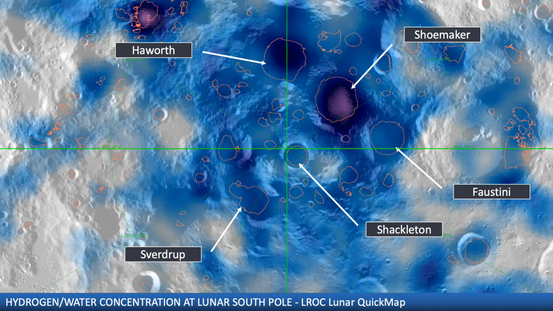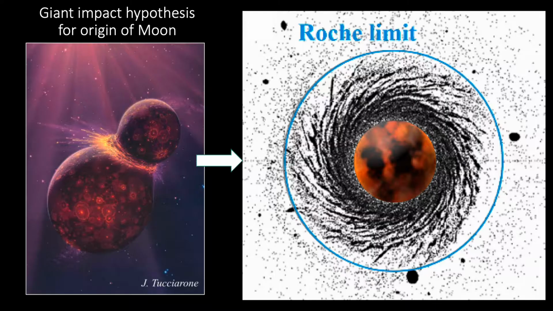To understand what might be available in these permanently shadowed regions, let's go back to the beginning. Let's start trying to understand how the Earth and the Moon were formed. Well, our best theory of the formation of the Earth and the Moon starts with what we call the giant impact hypothesis. Imagine 4.6 billion years ago, as our collapsing cloud is creating a disk of material that is then